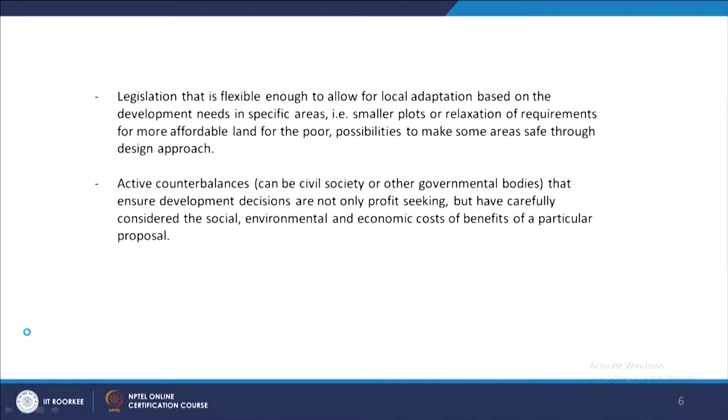So the legislation should be flexible enough to allow for local adaptation based on the development needs in specific areas, with smaller plots, relaxation of requirements for more affordable land for the poor, and possibly making some more areas safe through a design approach.